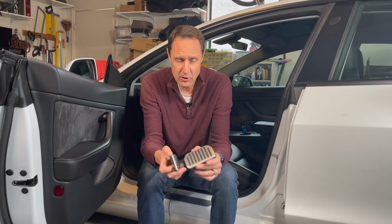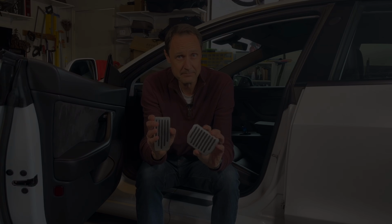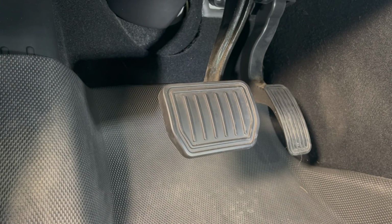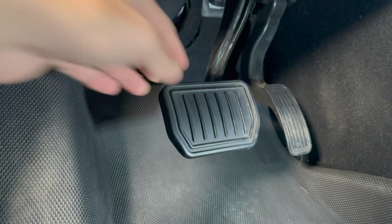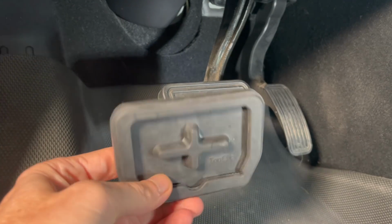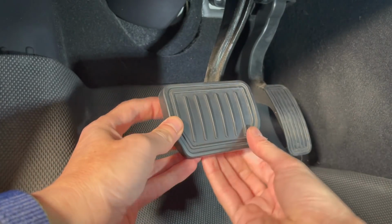So I like to share my experiences with you no matter how big or small they are. So let's take a look at what it's like to install these on my Tesla Model 3. Okay, so let's start with the brake pedal. And as I reach around here, I can feel kind of that lip I was talking about. So what we're trying to do is take it off from the lip here. So let's